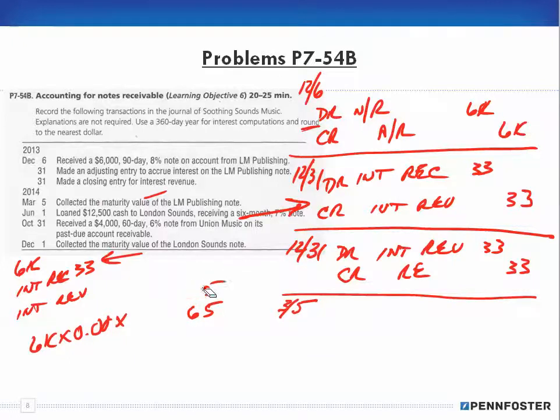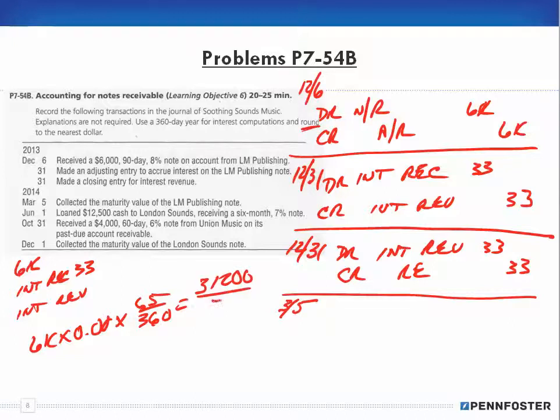So we have 65 days left of interest revenue that we're calculating. So that's 65 over 360. And if we do the math, 6,000 times 0.08 times 65 is